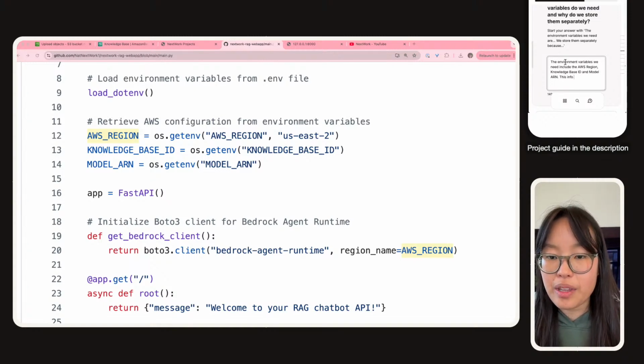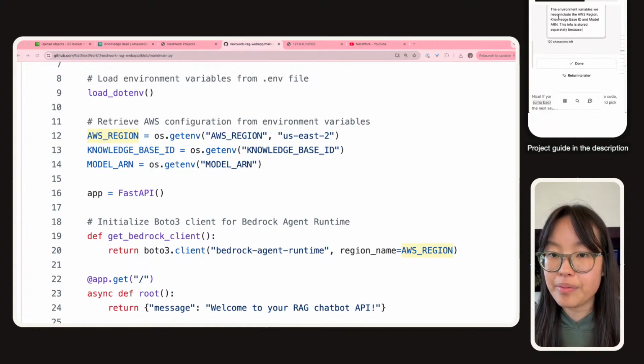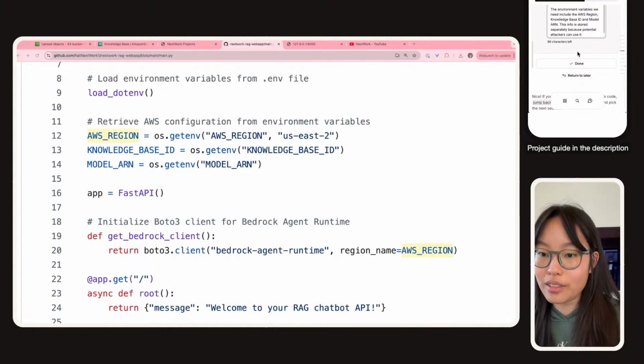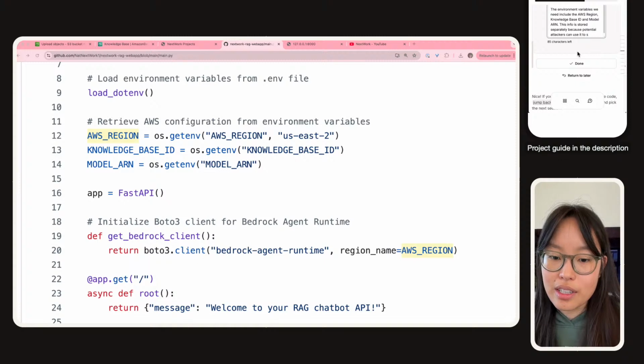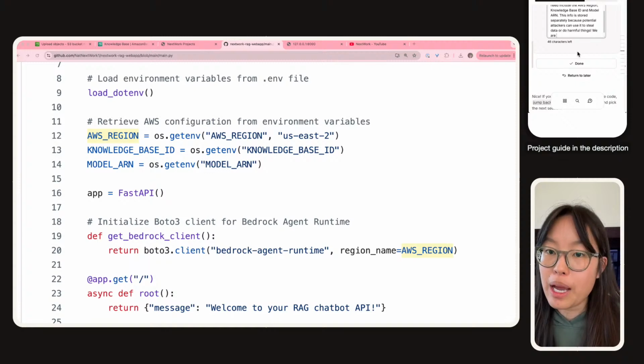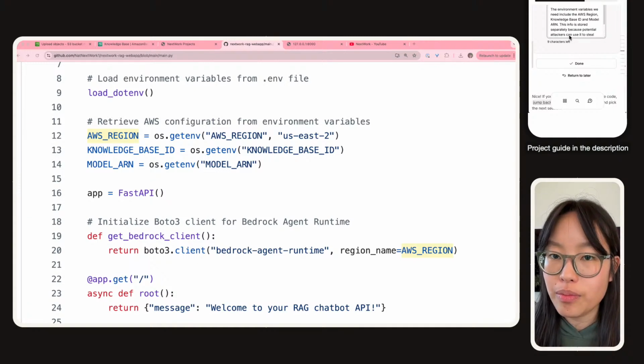This info is stored separately because potential attackers can use it to steal data or do harmful things. We are protecting our info by keeping them